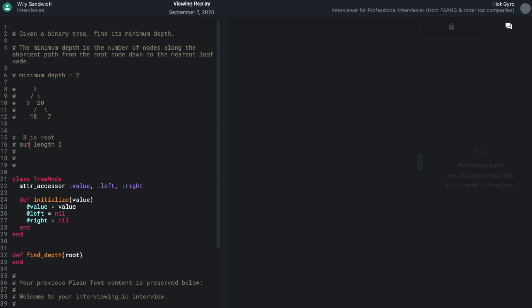And then here it would be 3, and then 20, and then 15. And that sum length is 3. And then I don't need to care about that anymore because I only care about the minimal sum length. And then if I check 3, 20, and 7, that's also going to be the same thing. So if I'm trying to find the depth,